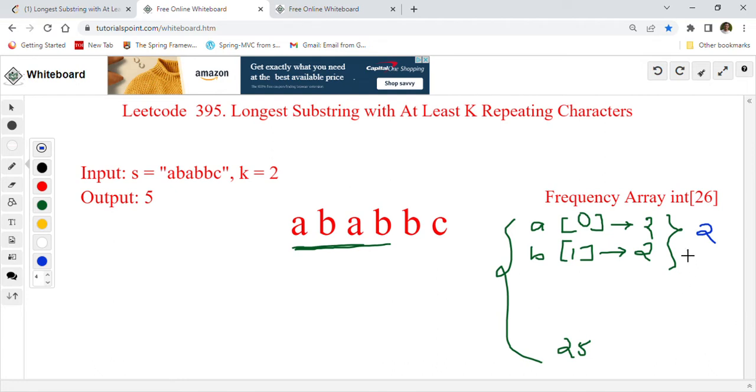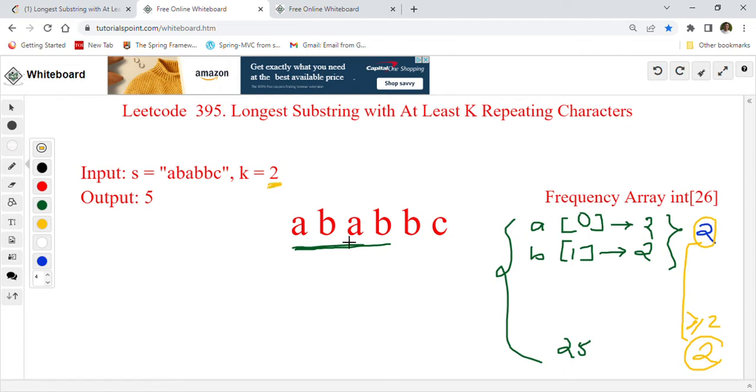It will also keep track of how many characters it found that are greater than or equal to 2. That is another variable. Again, it will find 2 values like this. So at the end, it will check these 2 with these 2. If both are the same, and its value is equal to k, then